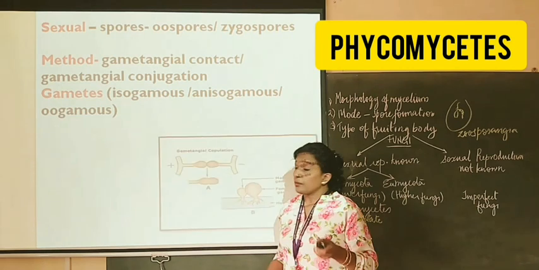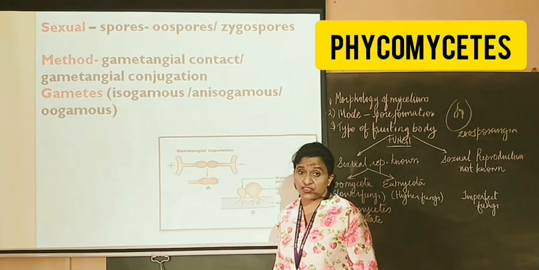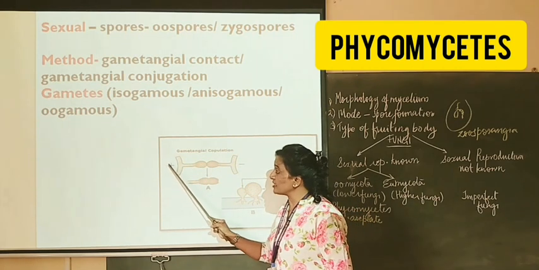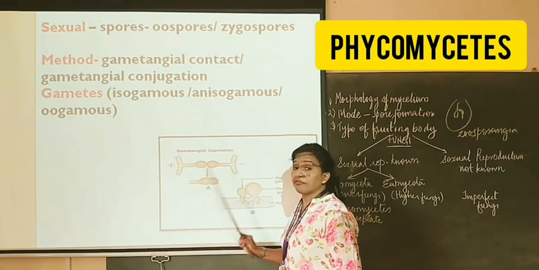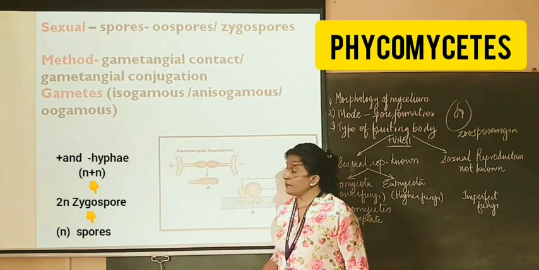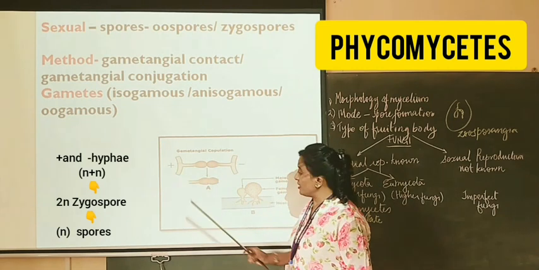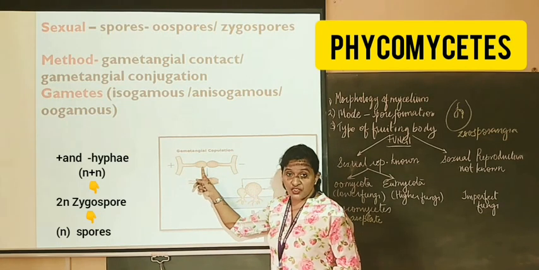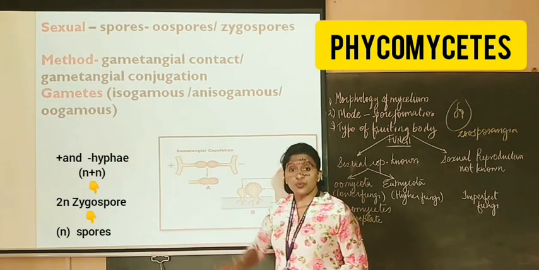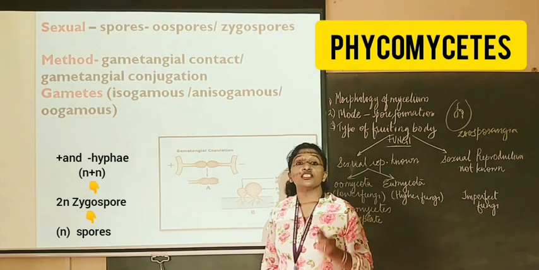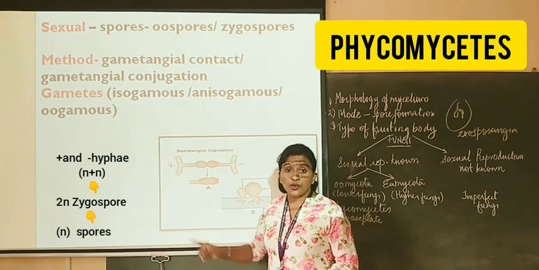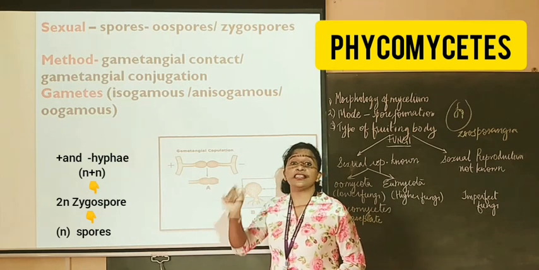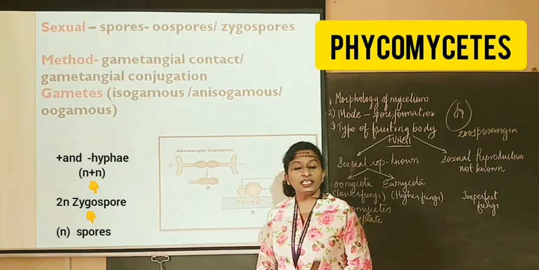Zygospore is formed by the fusion of the gametangia. Here the two hyphae having different strains, so that's why it is written as positive and negative, are two different hyphae coming closer to each other, and there will be fusion of gametangia. But here there is some peculiarity wherein after the fusion of the gametangia, the zygospore will be formed, and this zygospore is diploid, and later on this zygospore will develop into the fungal body, and that will bear the spores after undergoing meiotic division. Okay.